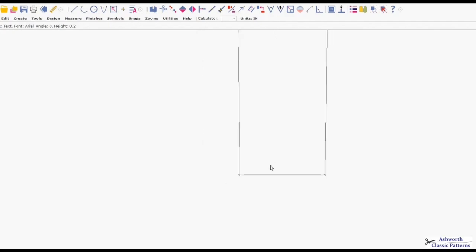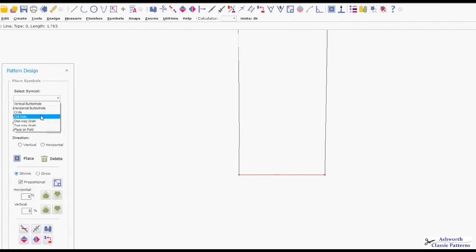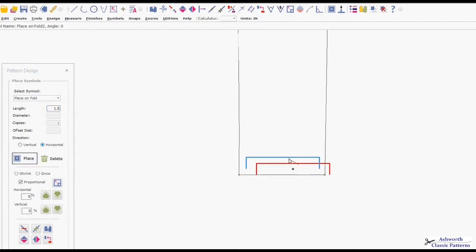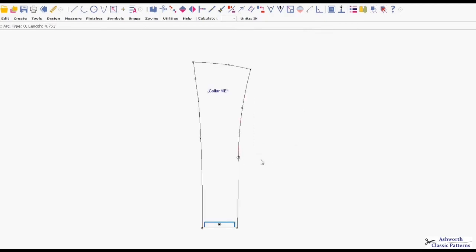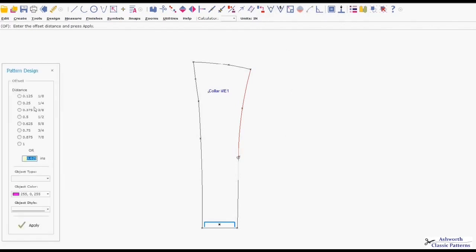One of those is going to be the fold line. So I want that fold, place on the fold marking on there. It's best to do this after we've scaled it, otherwise your place on the fold will be too small once it is shrunk back down. So we're going to put that on here now. We've got our nice straight fold line, and from here we're going to use the offset function to add our